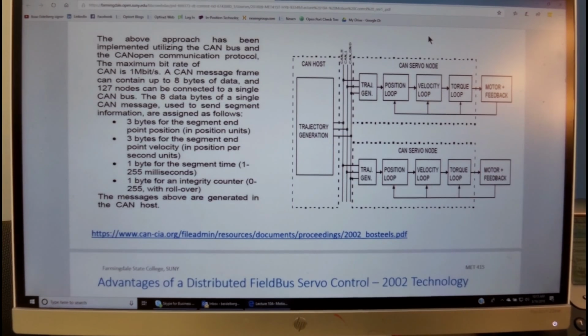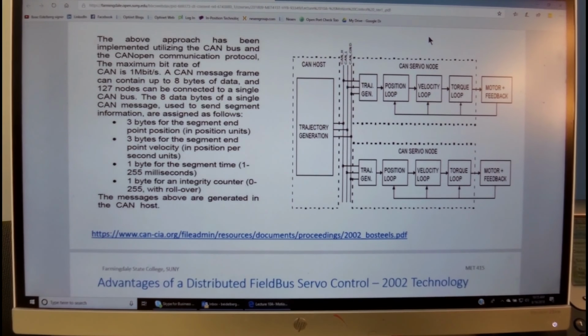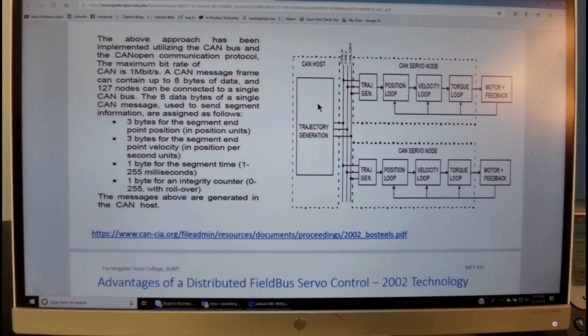We see through the years that the field bus has evolved into various open architecture or proprietary architectures of some companies. And here, for example, we see a controller area network architecture with a trajectory generator, as we saw earlier, on a field bus, and sending the datagrams to the entire network, and each one of these axes will act on it.